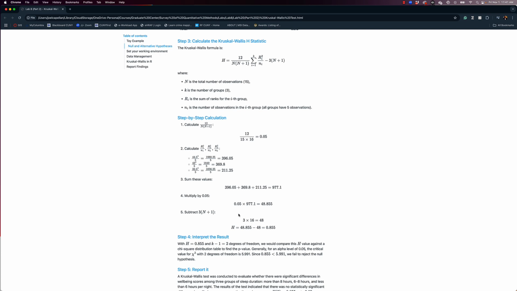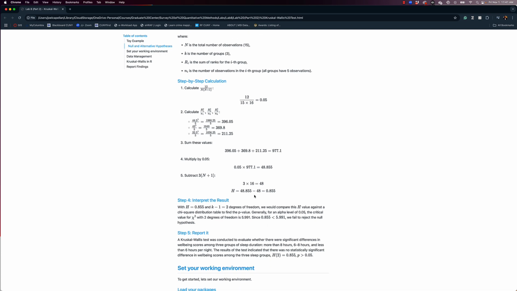And then once you have that, you get 48.85 minus 48, which gives you an H value of 0.85. Now we have to compare this value to a critical H value, and we'll talk more about this next week. But the H statistic follows a chi-square distribution. We'll talk more about the chi-square distribution in a little bit, but essentially the chi-square distribution,